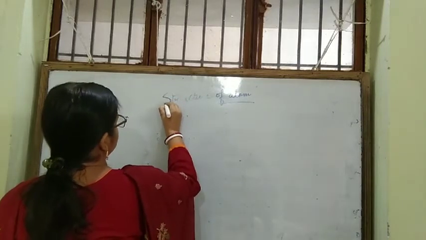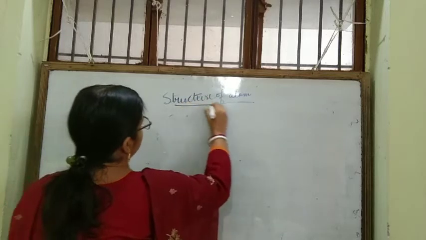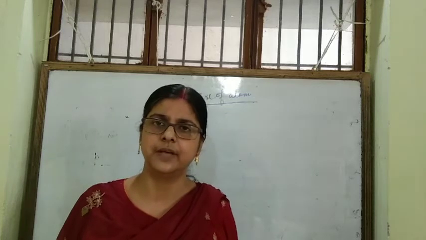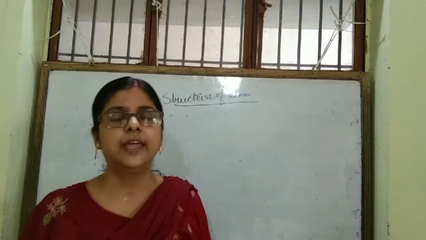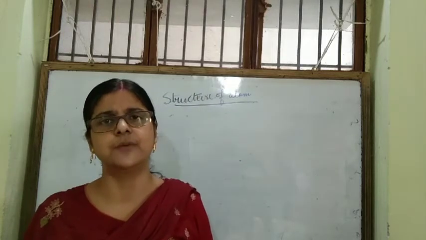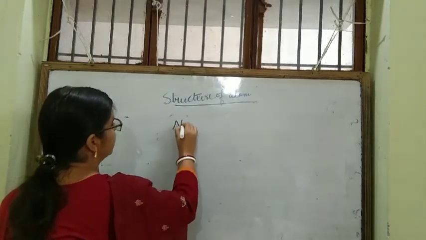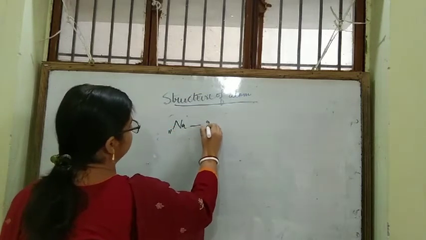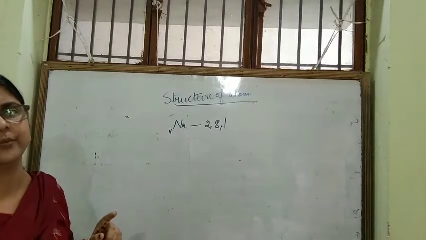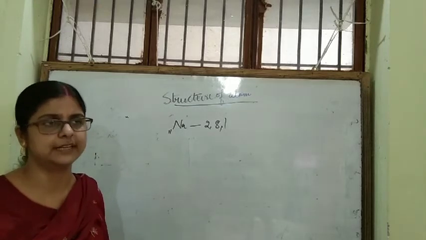Now, in the structure of atom chapter, I am going to discuss electronic configuration of elements. Yes, in our junior classes also we have learnt to write the electronic configuration of elements in terms of shells. Suppose you are asked to write the electronic configuration of sodium, 11, we used to write 2, 8, 1. Isn't it? All of us used to write 2, 8, 1. But here we'll be studying subshells and orbitals.